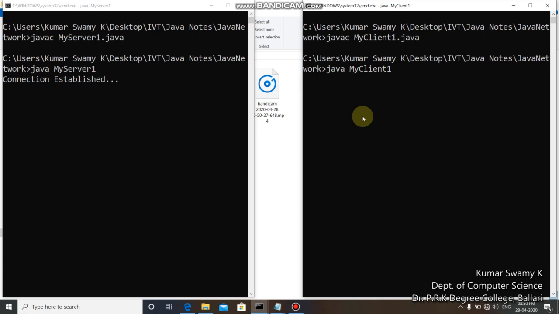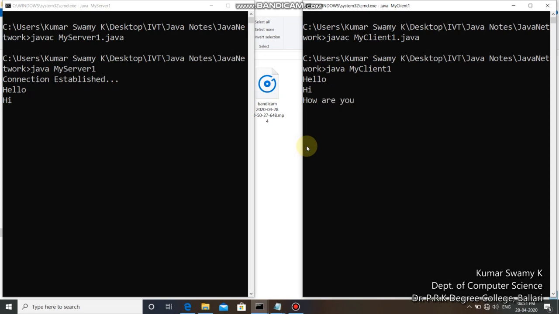And now from the client side you have to send some request to the server. Hello. Immediately that message is displayed at the server side, and now the server has to respond, hi, and immediately that message is displayed at the client side. Once again you have to come back to the client side and respond to the message.